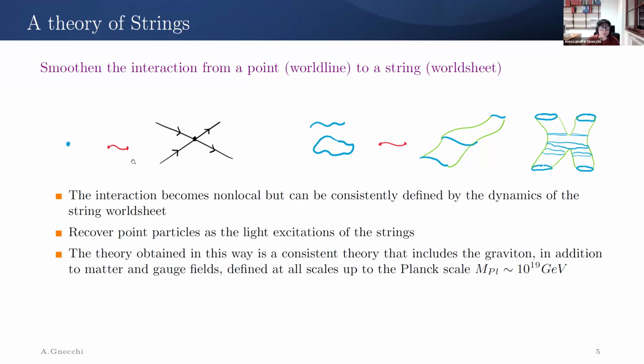So the propagation of a string is not a world line, now it's a world sheet. And the interactions between world sheets will be the dynamics of my theory. In this way, what happens is that the divergences that appeared in an interaction of a spin-2 that were local, now they somehow get spread out in this world sheet, and they are not divergent anymore.